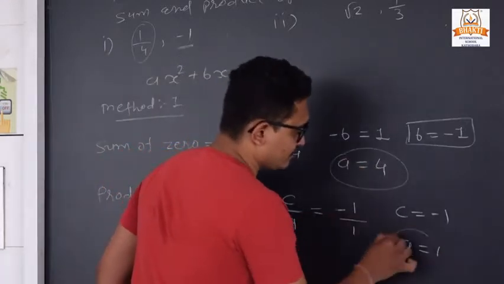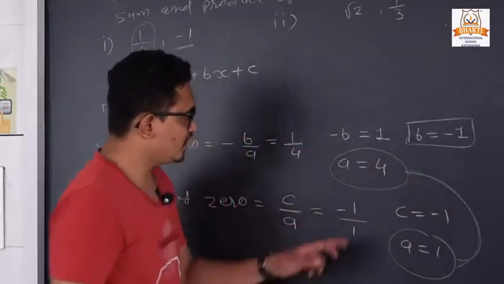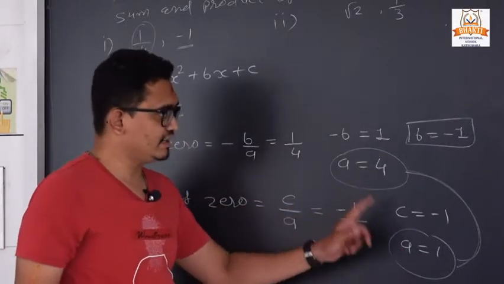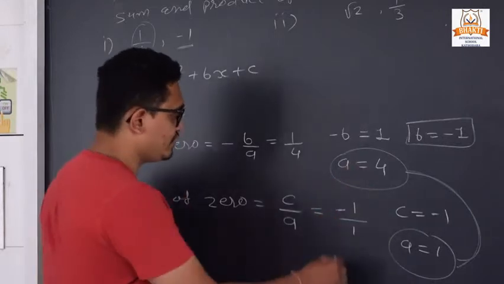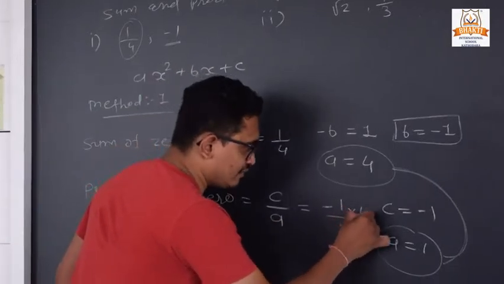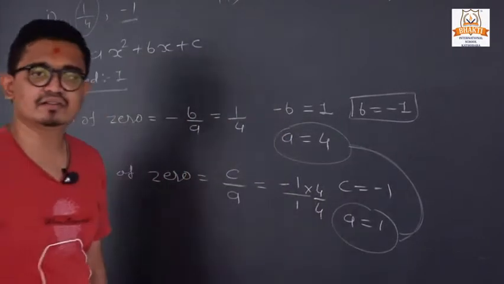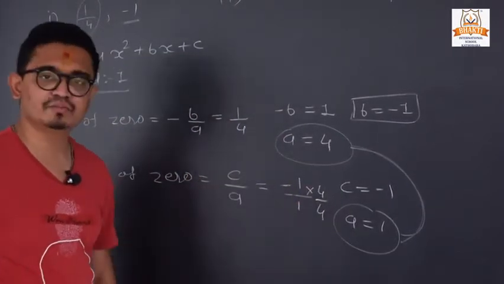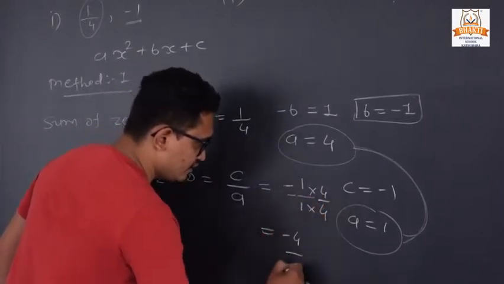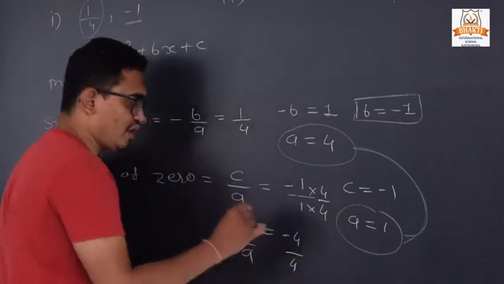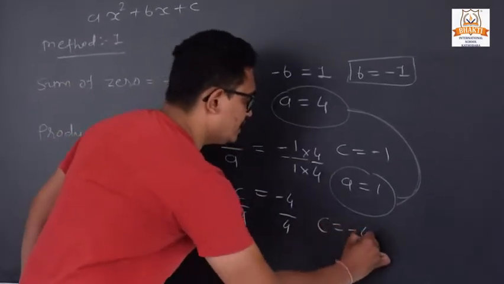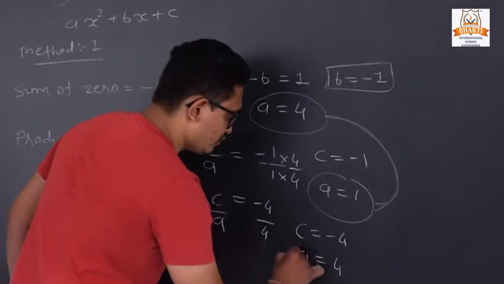Now see these both. Here a is equal to 4 and here we have a is equal to 1. So both are different. So first of all, what we can do here, if in the denominator we want 4, we multiply and divide with 4. So what happened? Now 4 ones are minus 4 and 4 ones are 4. So c by a is equal to what? Minus 4 upon plus 4. So c is equal to minus 4 and a is equal to 4.